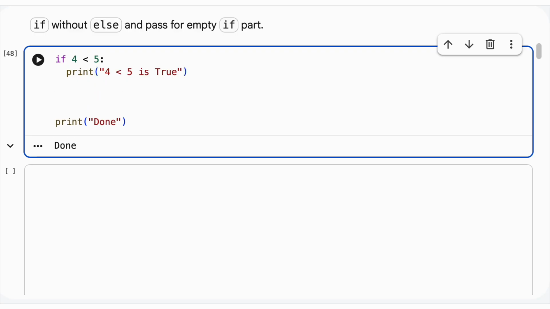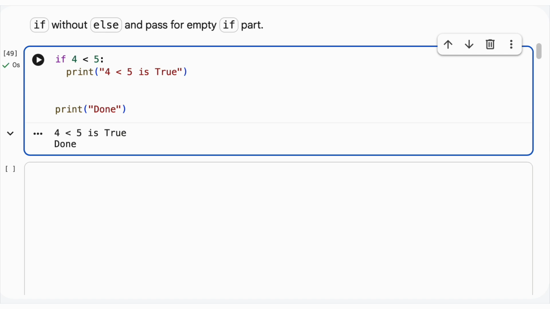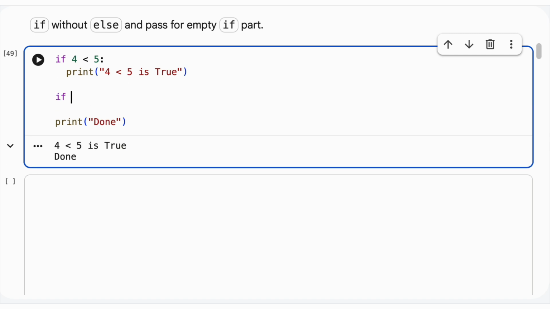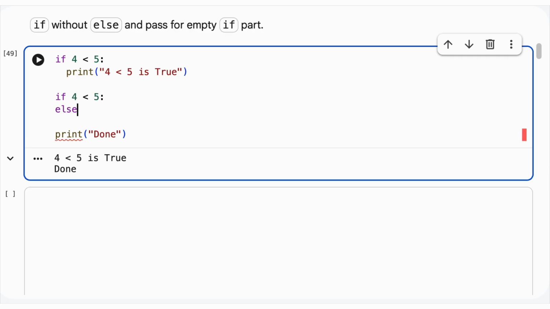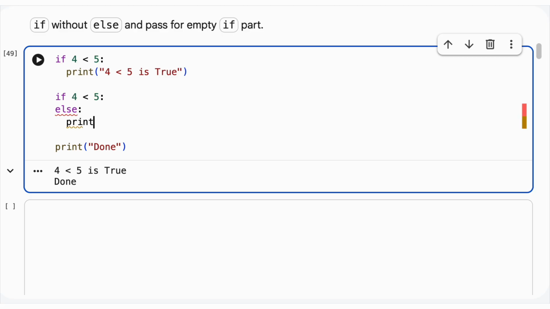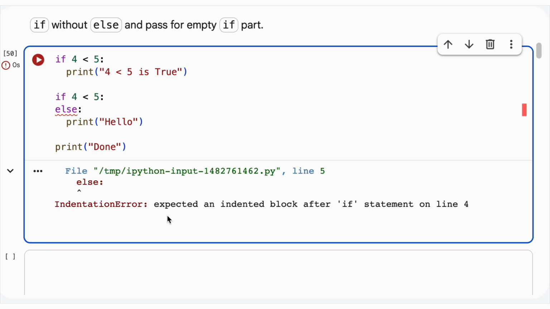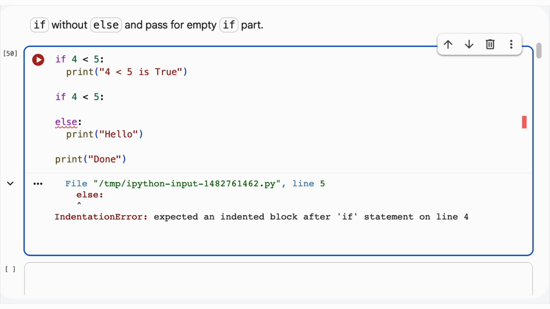It's harder to do only else parts. So I write if, maybe I'll check this. If 4 is less than 5, else, print hello. Maybe first write like this. So now it is saying it expected that there is a block of code that is indented after the if statement. And the else is the same depth of indentation after. So you need to write here something. Right? You can write